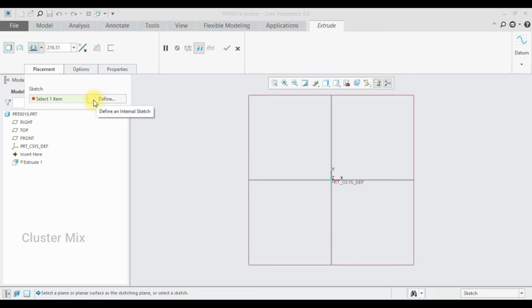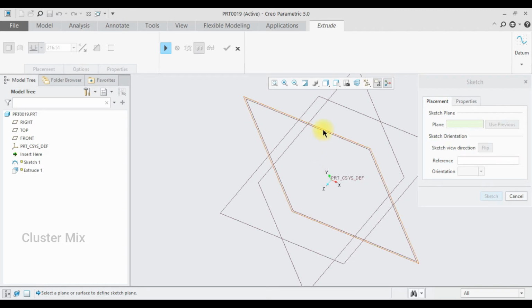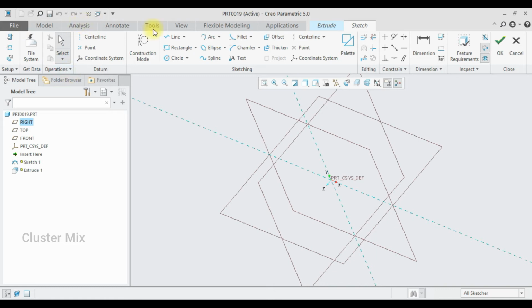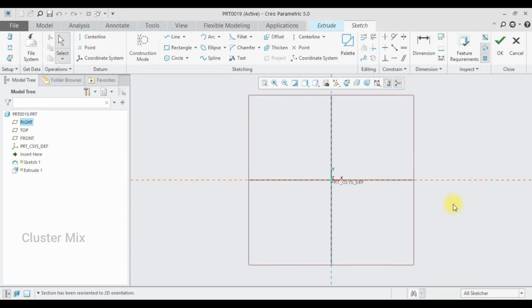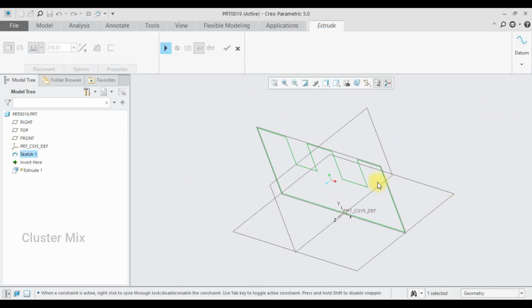To define a sketch, select this define here, or else on the right side of my window there is a datum option. From the drop down list of the datum, select the sketch. I'm going to select my right plane as my sketch reference, and I'm going to draw a closed sketch. And now my sketch gets completed and I give a check mark. And you see that now my operation gets paused here, and I'm going to resume it by clicking this